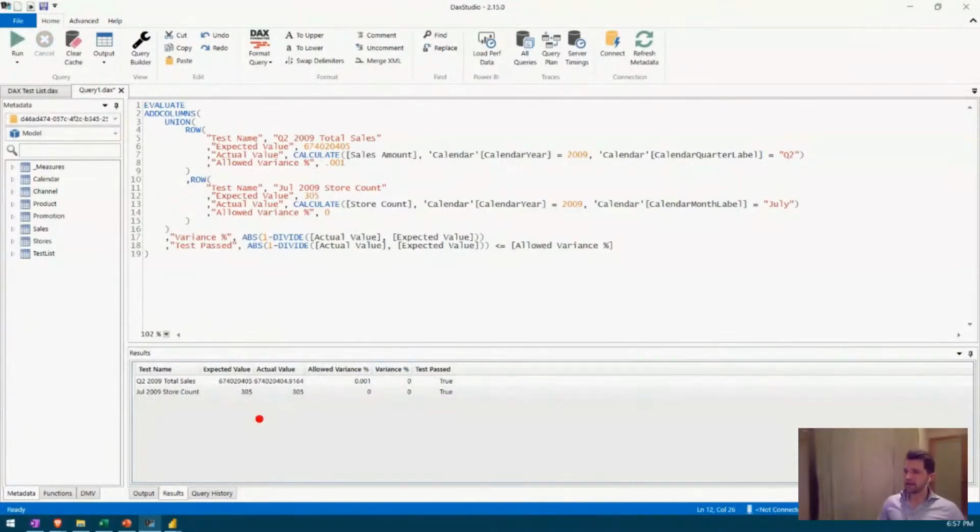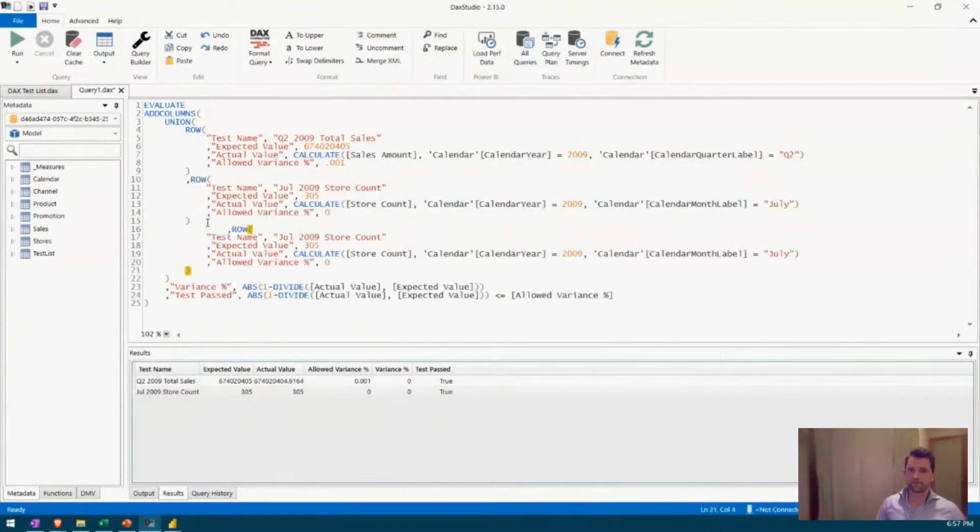And so that second test is now configured, and it also passes. So I'm going to add a third test just to give you all an example. And this one is going to be for that more complicated measure. So this is going to be my Q1 2009 Ireland SPSPD, so sales per store per day. And for this one,